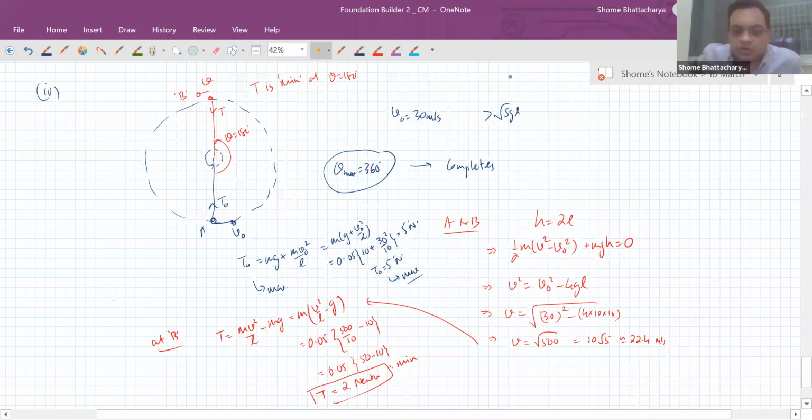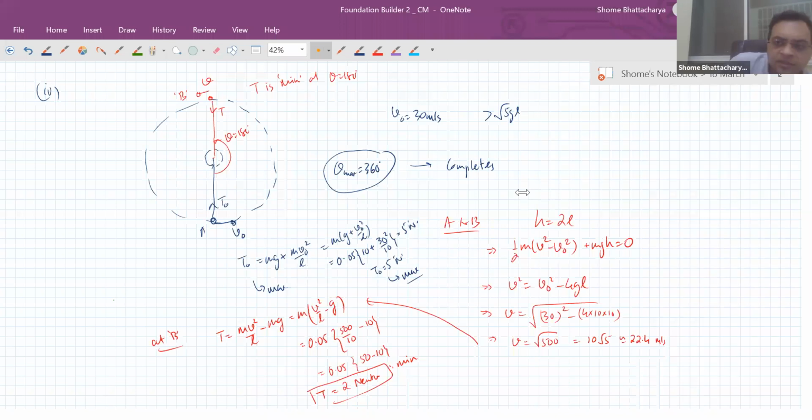All right, people. So with that, we will conclude today's session. And with this, we are done with vertical circular motion. Next lecture, we'll discuss some questions and whatever doubts you have. Remember, vertical circular motion in H.C. Verma is not in the circular motion chapter. It is there in the work, power, energy chapter. And the last few questions of the work, power, energy chapter, I think from question number 51 onwards or something, if you see, will be the vertical circular motion part. So please attempt those questions also along with the circular motion chapter questions. We'll discuss doubts in the next lecture and then we'll start with the next chapter.